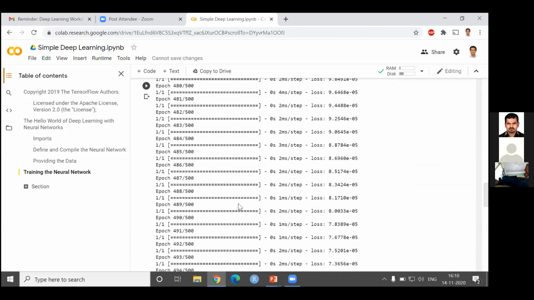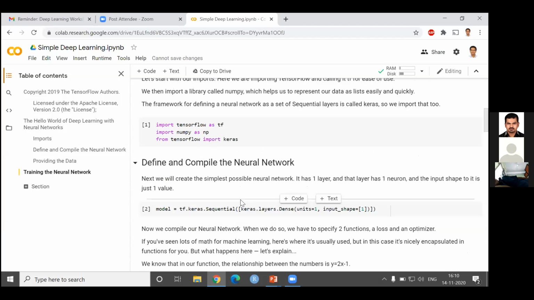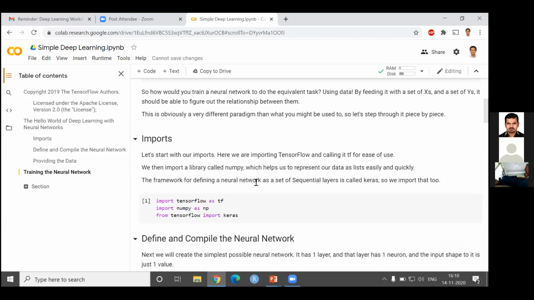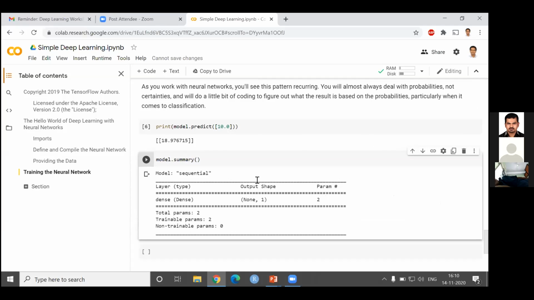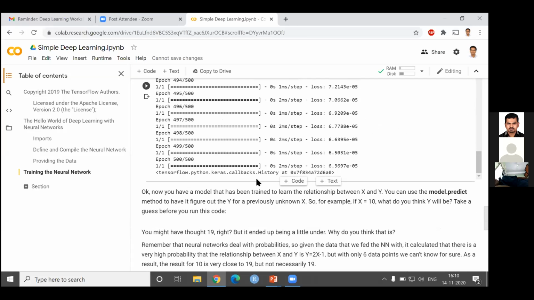So I hope you understood these steps of how you can create a simple neural network, how you were able to compile it, how you are able to fit, and how you are able to predict. I hope you are able to remember these words.